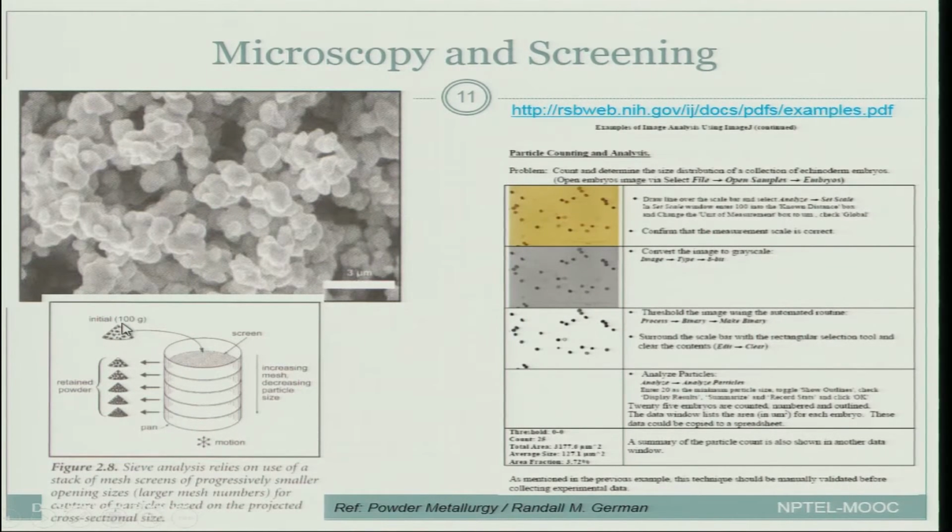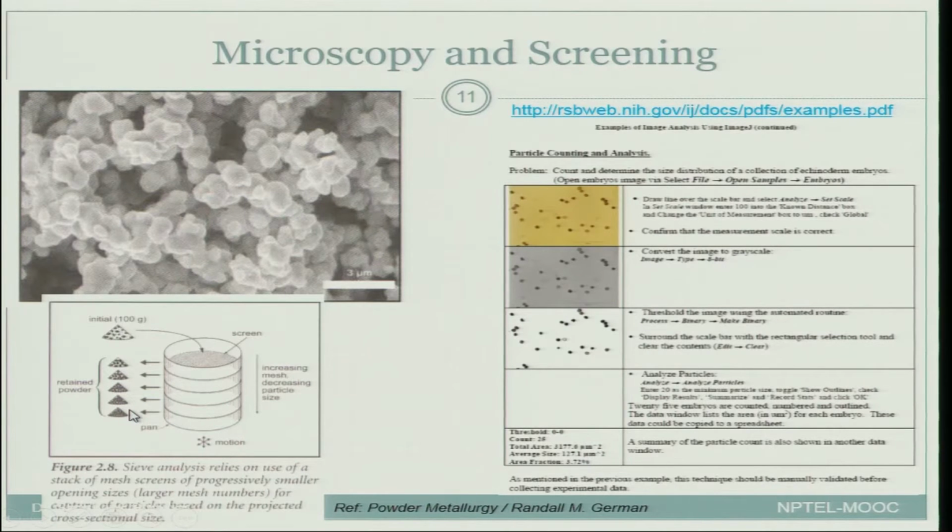and on the bottom left what is shown is the sieving technique. So, you see you put some, say, 100 gram of the powder over here, and then you have sieves of different sizes. So, that increasing mesh is the size of, or the density of, the wires in that sieve. So, the density of the wires is increasing, which means smaller and smaller holes are available, and the particles flow through to the smaller and smaller size, and therefore, this is the schematic distribution. You will have larger particles over here, smaller and even smaller particles going to the bottom side.